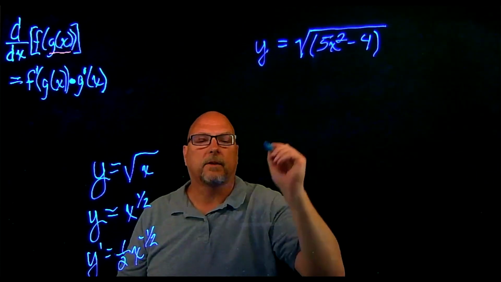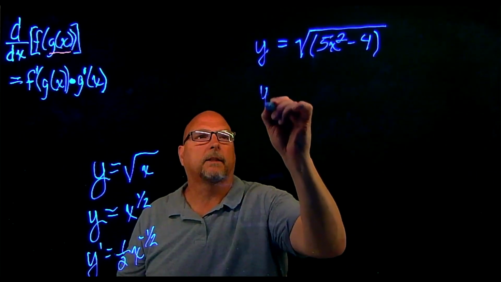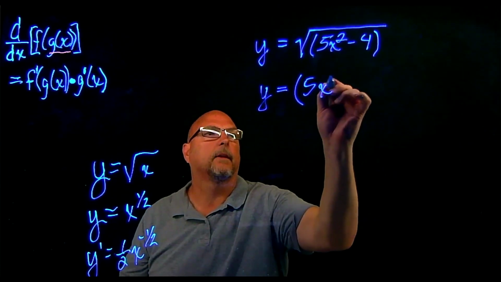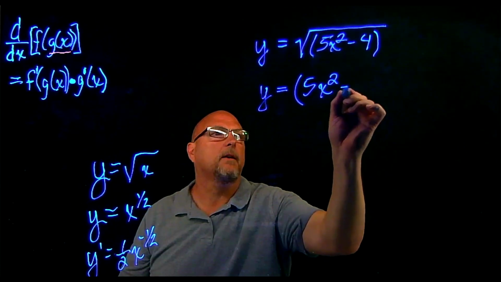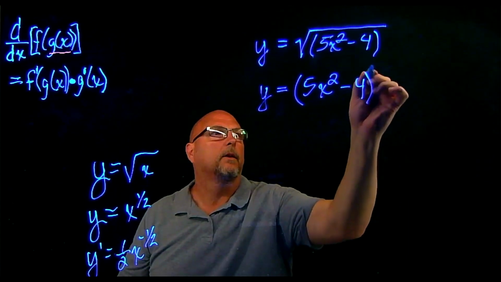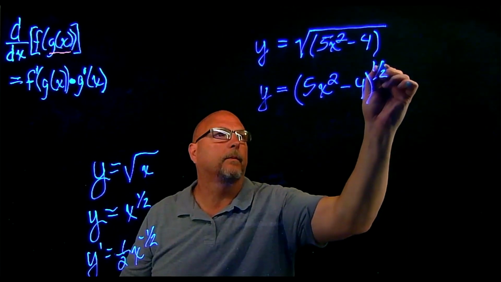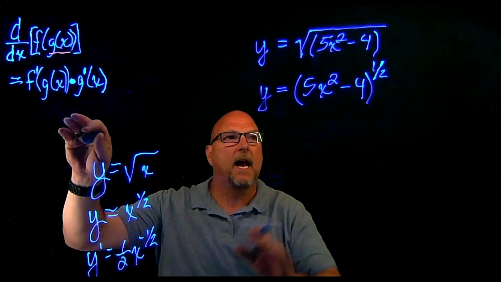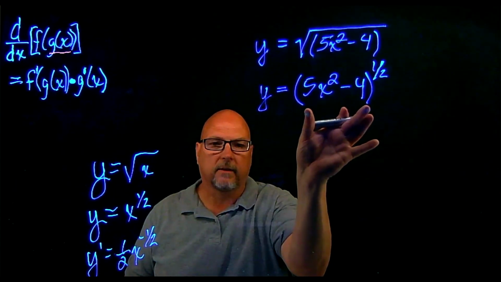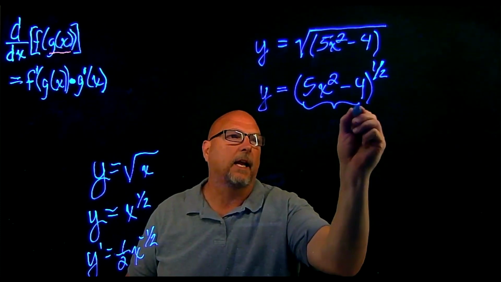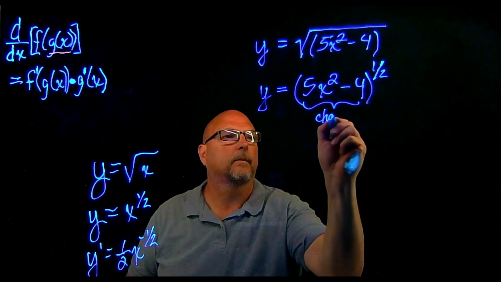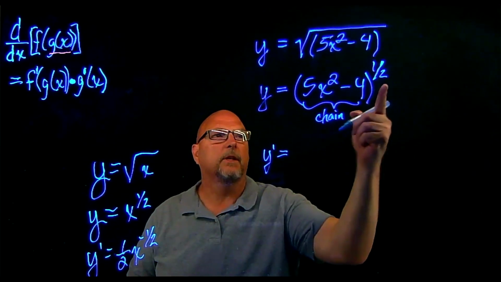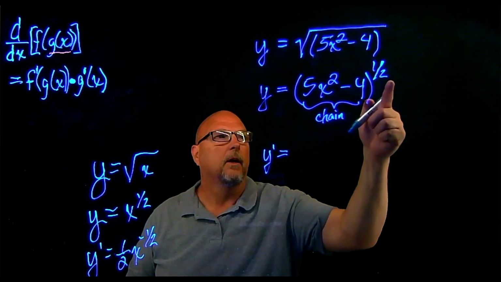So the first thing we're going to do is write this as a fractional exponent: 5x squared minus 4 to the 1/2 power. Now I can use the chain rule. Now I can pretend that this is just a variable, right? This is my chain. Write chain in there. So when I go to take the derivative, I'm just going to pretend that this is a variable. 1/2